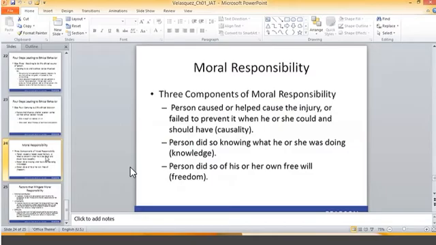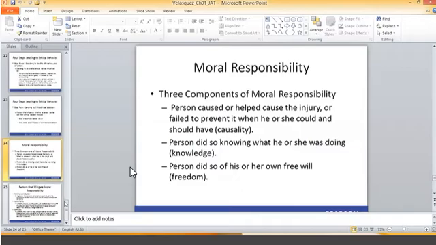The third one is that the person did so on his or her own free will. Meaning you have the freedom. Nobody asked you, nobody stopped you from doing that. You are free when you commit the thing, with your full knowledge. Nobody prevents you, and you have total freedom. So if you have this kind of situation, meaning that you're fully responsible for your action on moral issue tadi. So to have these tiga ni, maknanya you are fully responsible for that action.